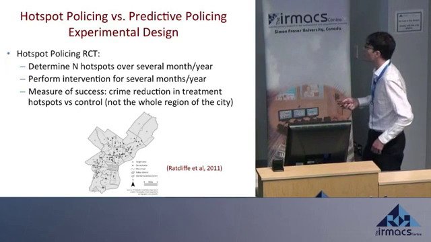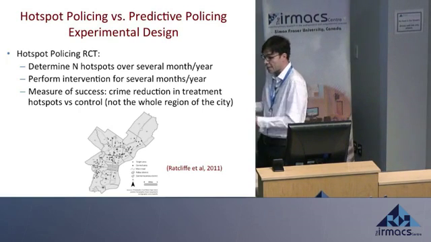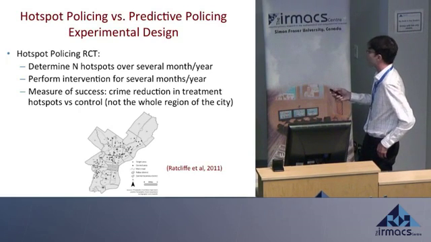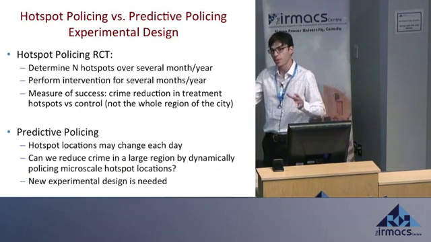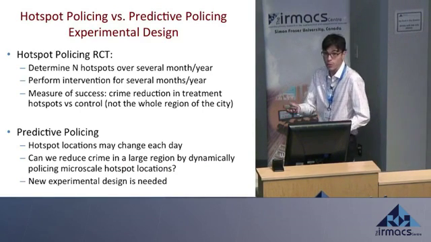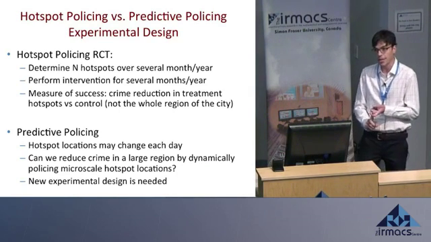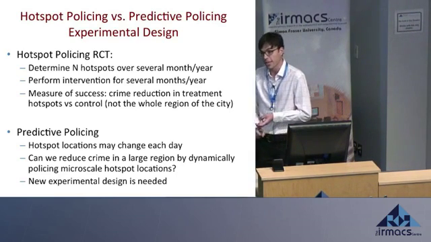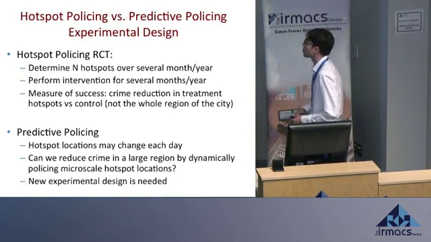So what I think of as predictive policing, and really, hotspot maps are point processes and vice versa, so hotspot policing is predictive policing and vice versa, but my idea of predictive policing is the following. Instead of just focusing on those hotspots, let's treat that region of space holistically. Given that crime is dynamic, which is what we believe, predictive policing is two things: algorithms that model that dynamic nature of crime, and policing methods that dynamically adjust to dynamic crime trends. That's how I would distinguish predictive policing from hotspot policing.